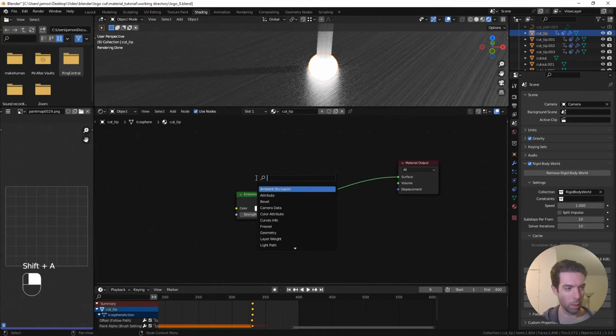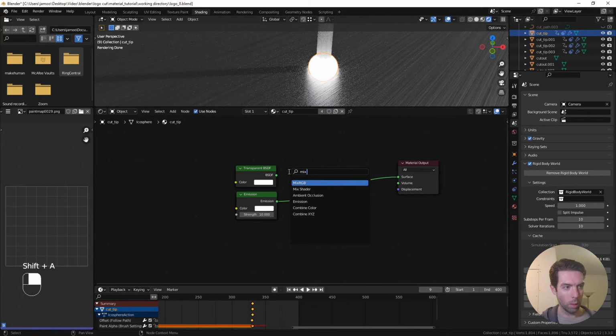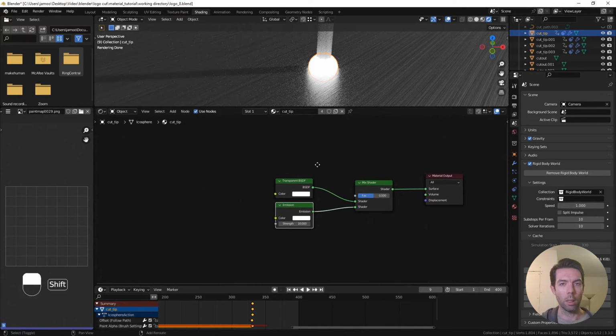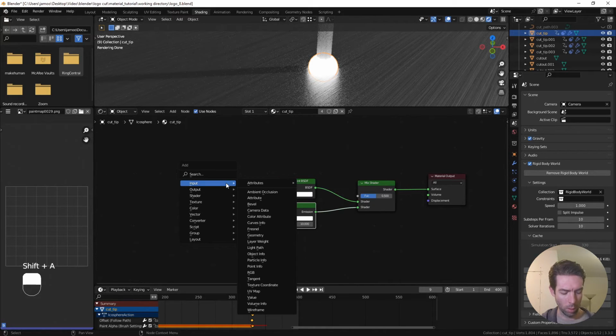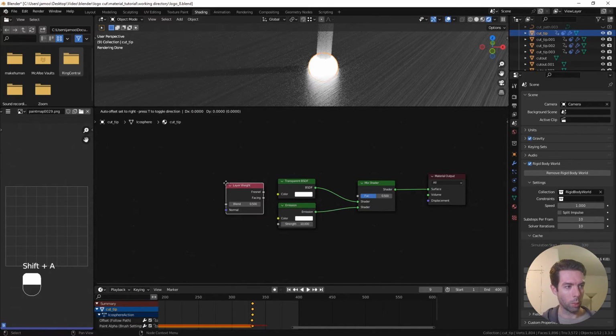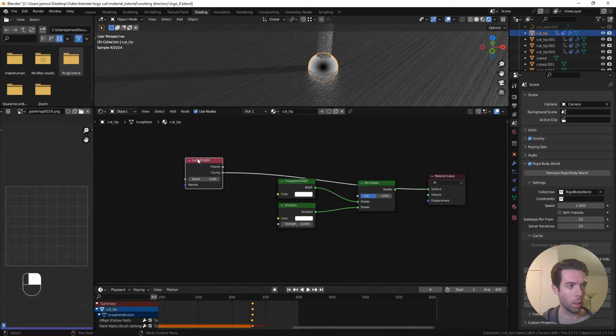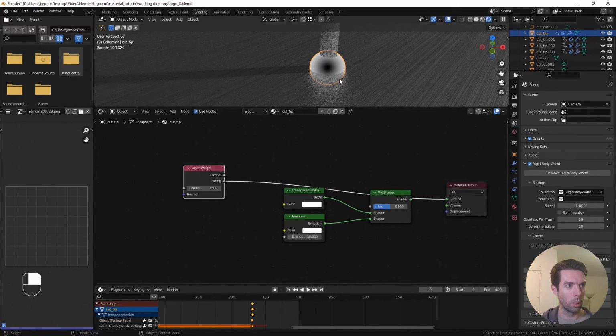Let's add in a transparent BSDF and also a mix shader. Plug those in. And I actually learned this recently from a Ducky 3D tutorial. So if we bring in a layer weight, and I'm going to use the facing output. You can see it's just telling us this black is where the surface is facing directly at the camera, and this white towards the edge is where it's facing away from the camera. I'm going to bring that blend up to 0.95,